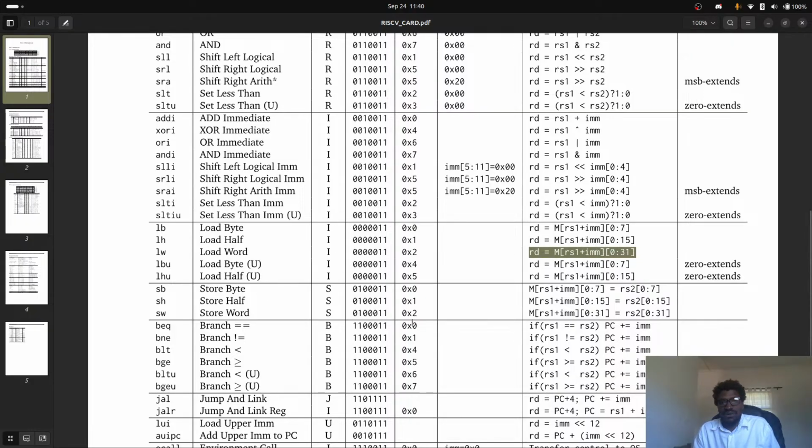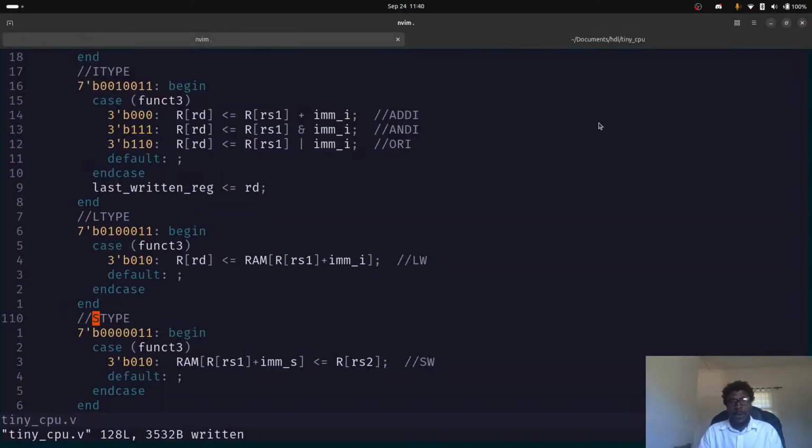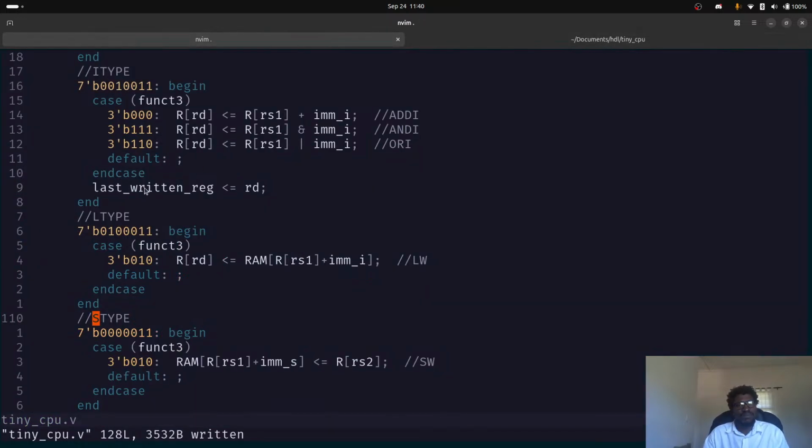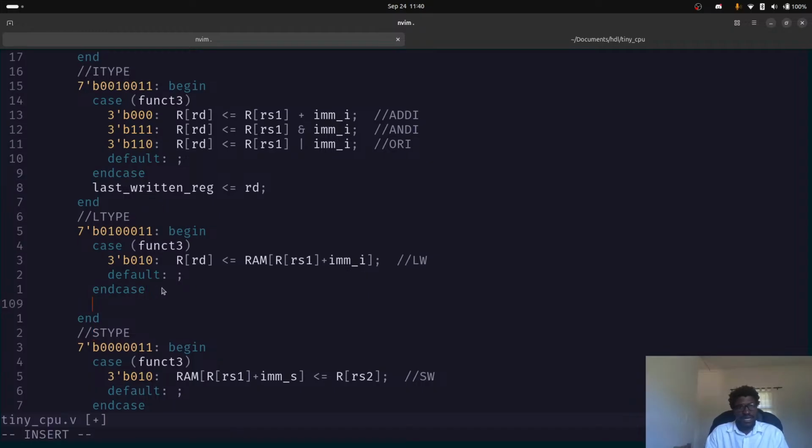And then in store, with that, we say this location in memory should be set to RS2. That's really it. I don't think our tests are going to pass. I genuinely think they're going to fail. And also, I want to keep this tradition we have. Let's keep it for a while so that we can also test with